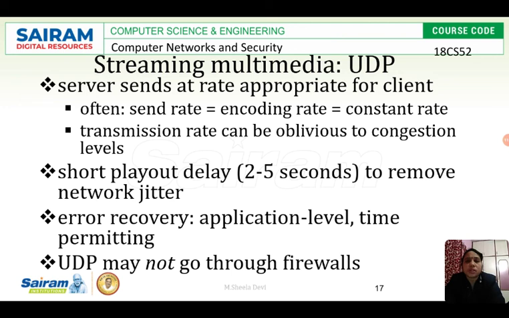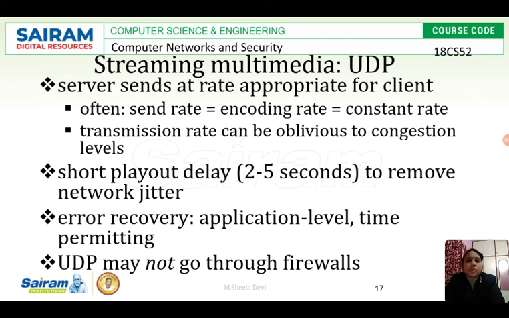And one more thing we have to see is that once the packet is transmitted from the server to the client, the packet at the transport layer will be encapsulated in an RTP packet, that is Real-time Transport Protocol, and it will be sent through the network. So it uses the RTP protocol. The second disadvantage of UDP streaming is that it uses a special server called an RTSP server for keeping track of the sessions and all.